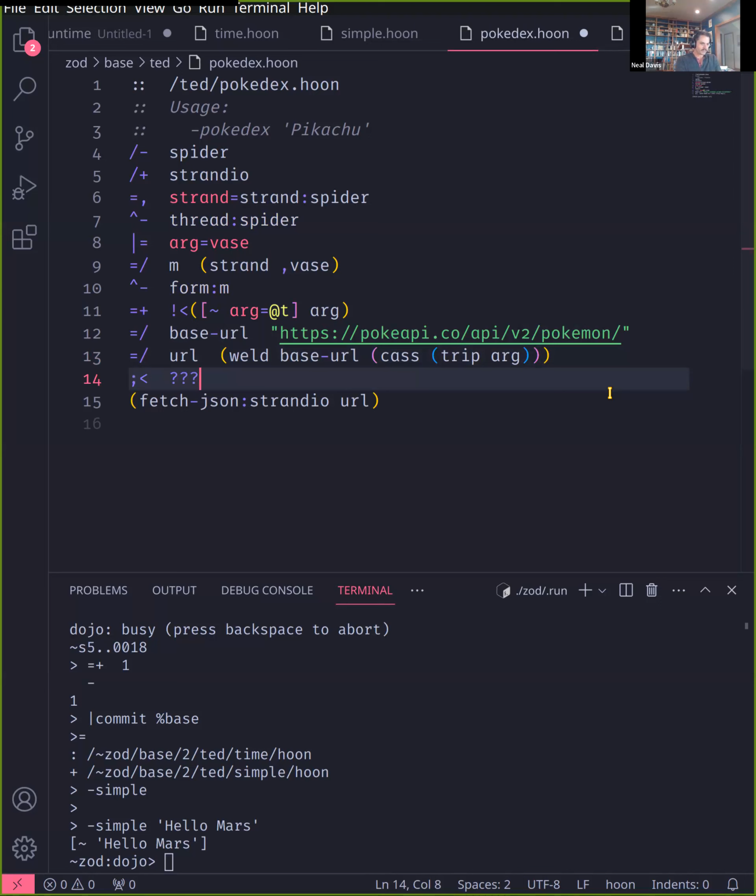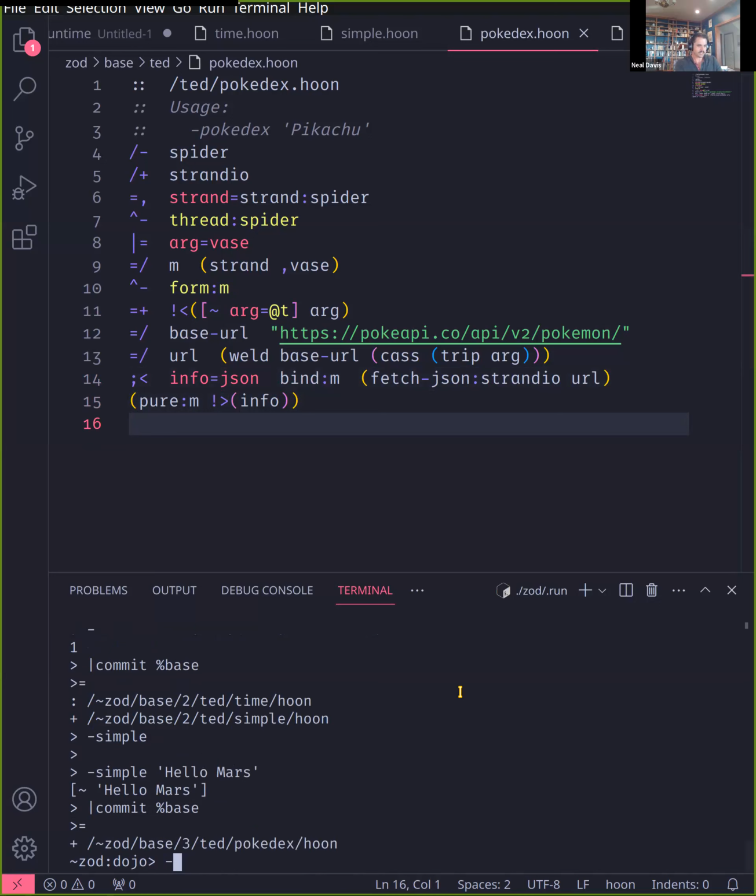Then I'm going to mcgal. I'm not going to worry about my return type yet, but I do know there's a bind M. And I do know that there is a fetch JSON strand IO, and I know there's going to be a pure M that's going to return some sort of vase. Now I know what I'm getting back is a JSON because it's coming back from fetch JSON, and that's what fetch JSON gives to me. So I'll just call this info. Info sys JSON, and I'll just return info. And if I've done this correctly,